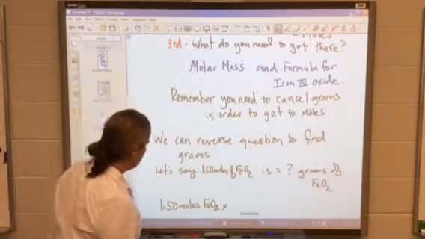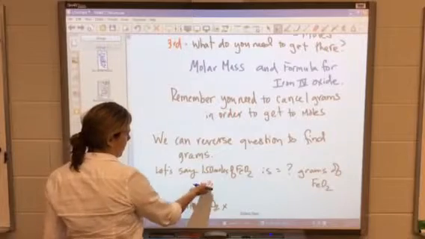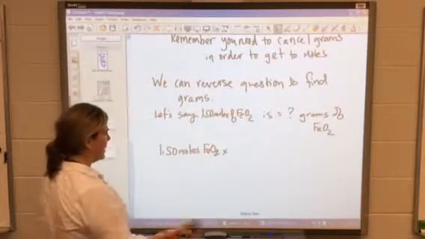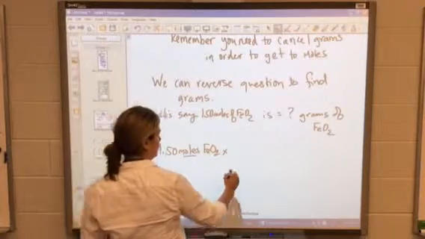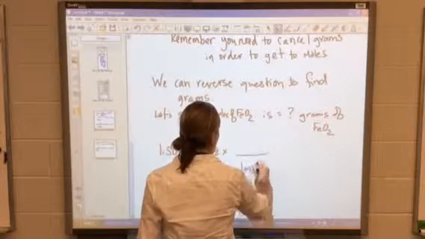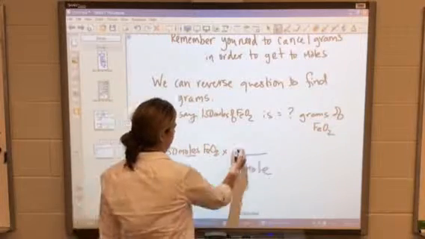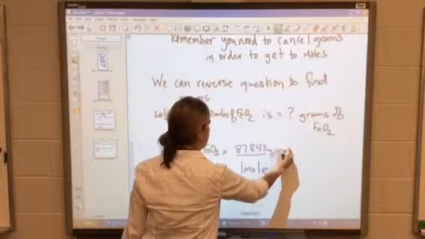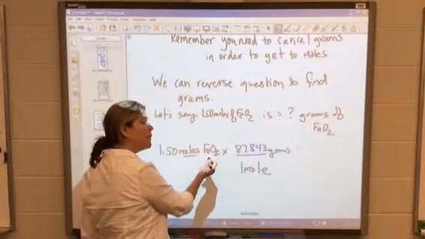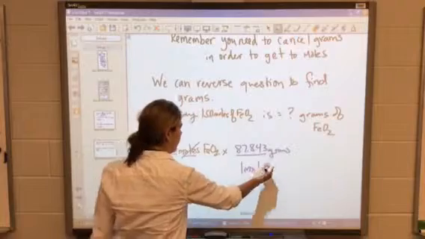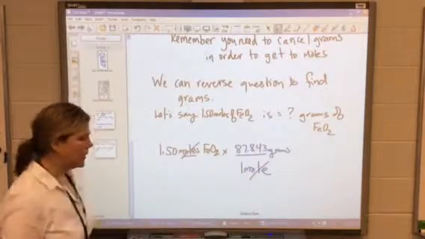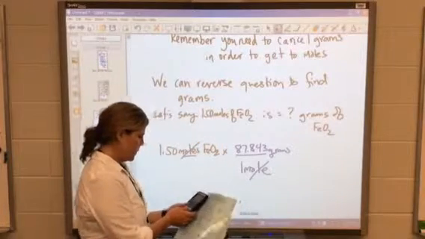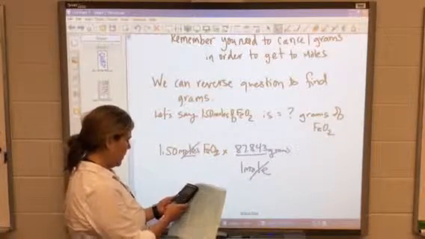and reverse the question. So let's say we have 1.5 moles of iron oxide. How many grams is that? So we need to cancel out moles. 1 mole is equal to 87.843 grams of this iron oxide, and we know that from the molar mass. Cancel out mole, and then we multiply this out, and we get 1.50 times